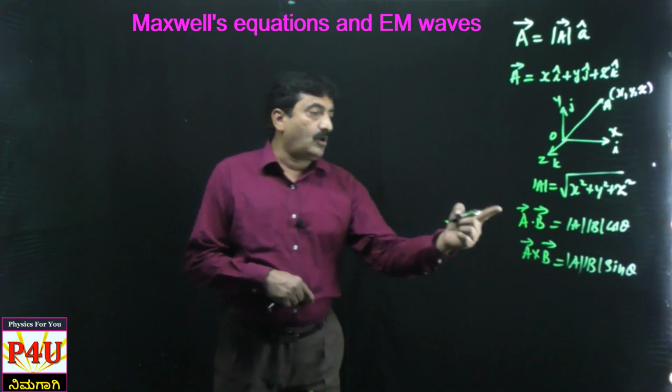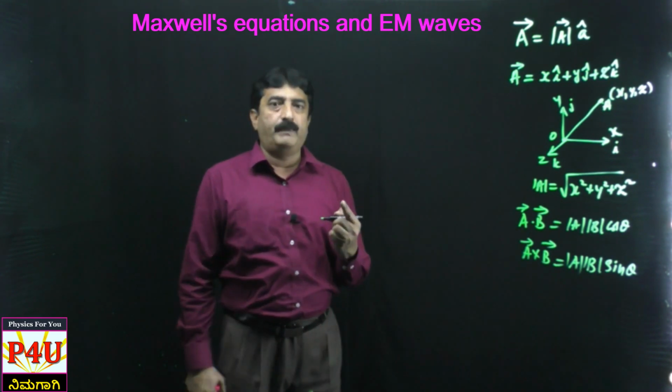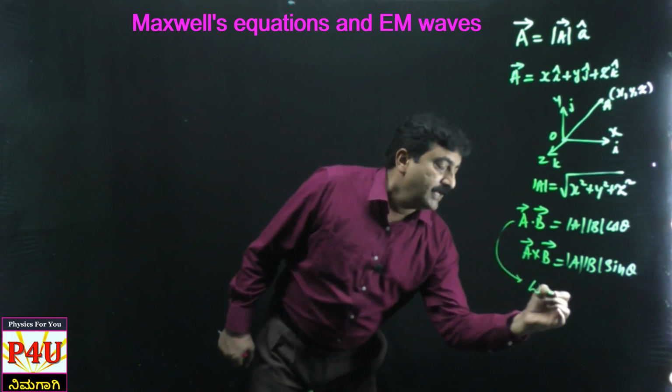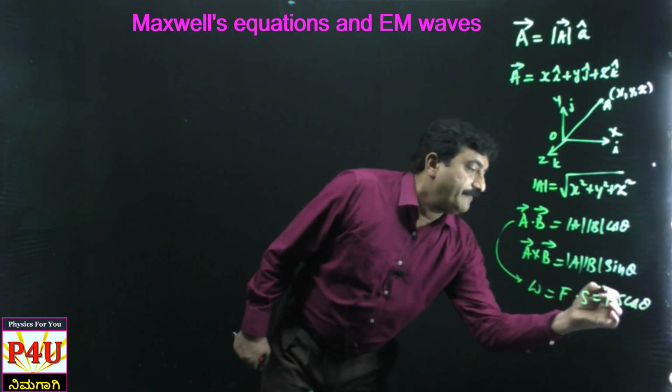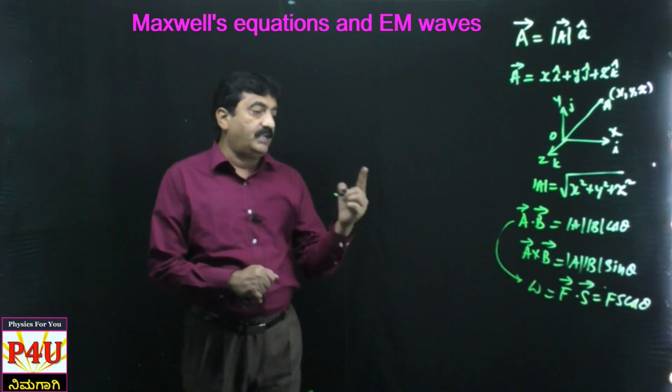Dot product is also called a scalar product because it is going to end up in a scalar quantity. The best example is work done. Work done is equal to force into displacement, that is F dot S, that is F S cos theta. Here F is a vector, S is a vector, force is a vector, displacement is a vector, but work done